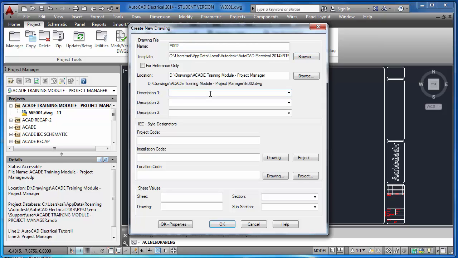Again it is asking for drawing descriptions and all. So what should be the description for this particular sheet? I am going to draw the power electrical circuit in this drawing. So this description is only for this particular drawing. Okay, power distribution details of